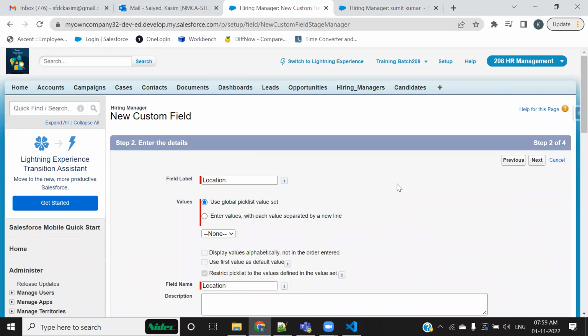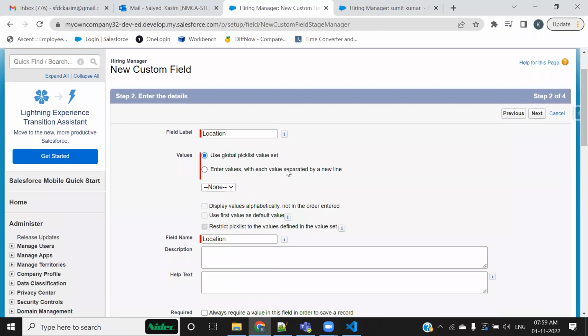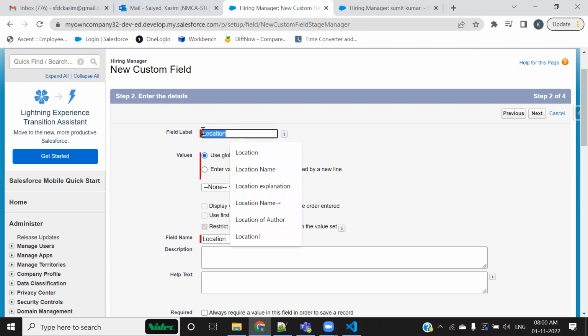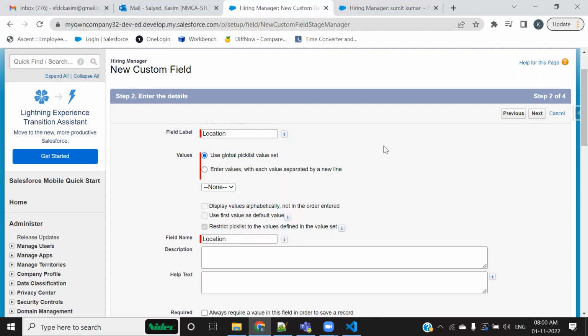All right. Now you have two options for this. For every pick list, to enter the values, you have two options. You could get it from a global value set. Now, what is a global value set? We're going to see that in the next example. I'm going to actually make a pick list global, I'll make you understand, don't worry. But for now, I don't have any global pick list. So I would rather enter the values separated by new line manually.